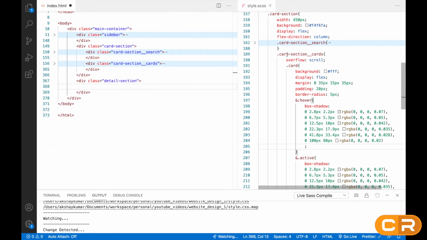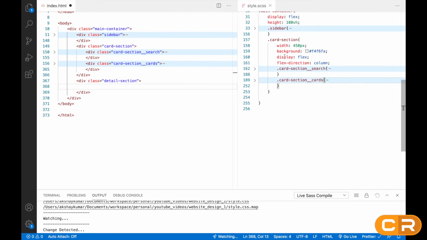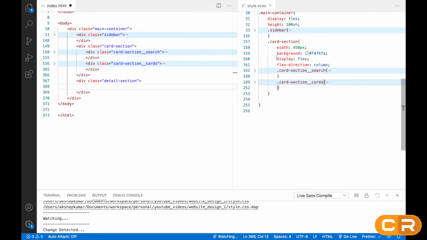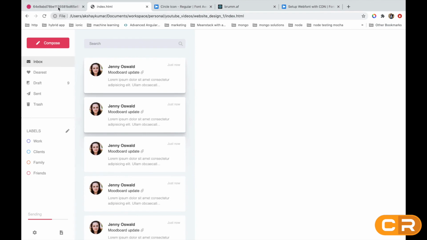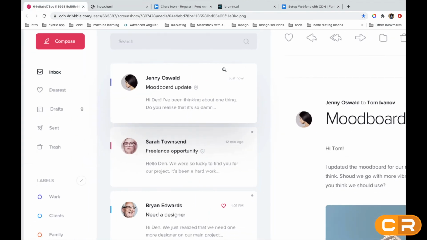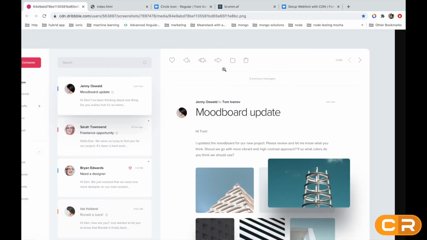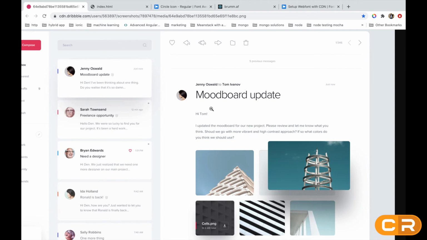I will close here also because I can't see when all the sections are open. Okay, so here we need this detail section here also, right, like this. Okay, so inside this detail section there are two sections. So one is this head section, one is this body section, right?